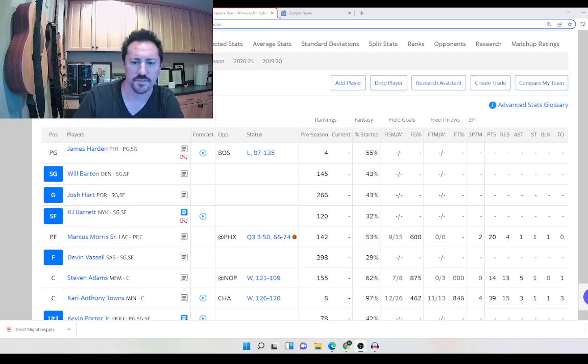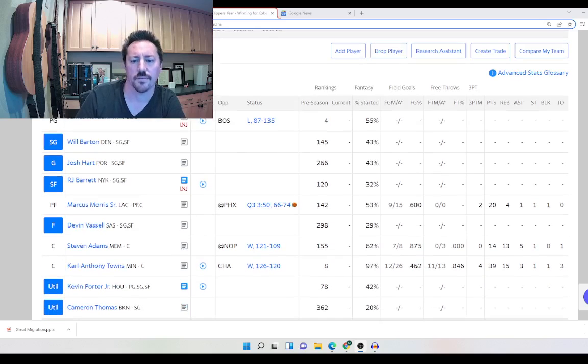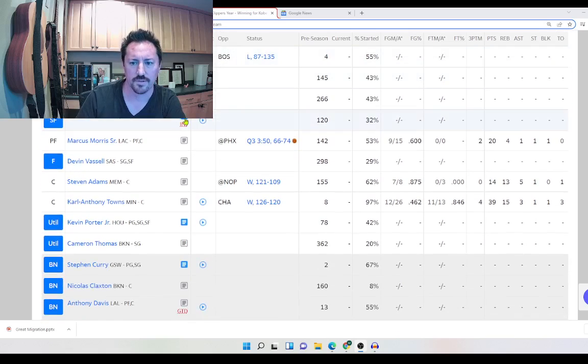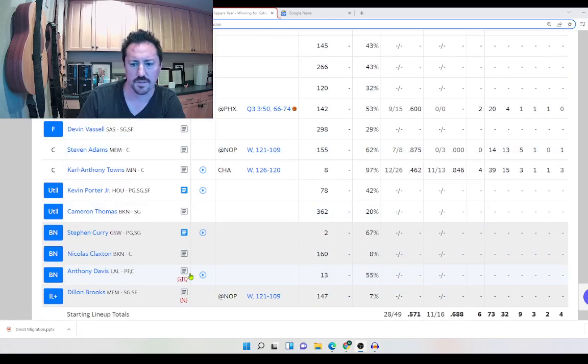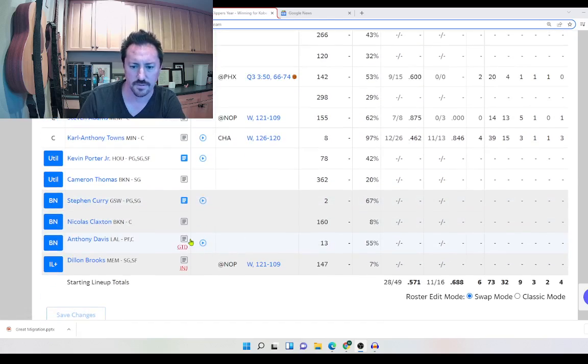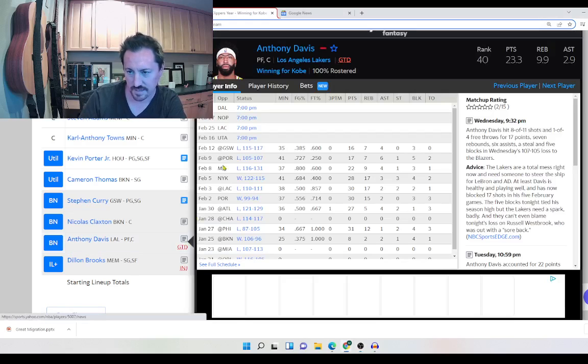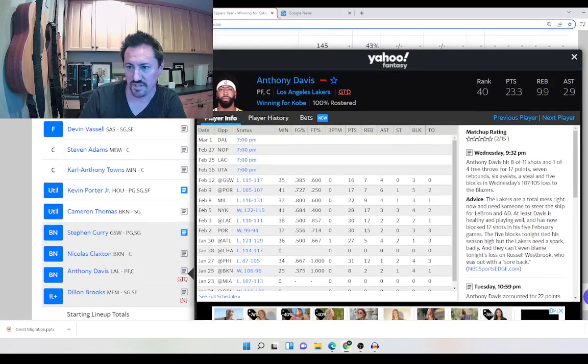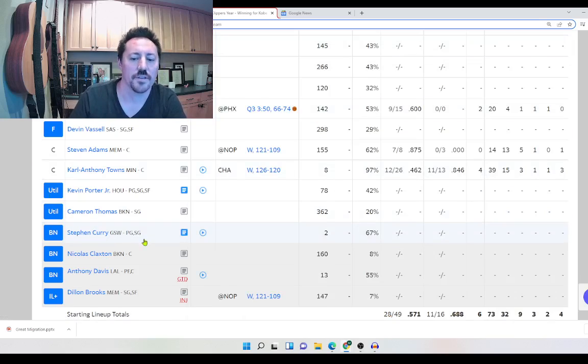So, you need to maybe check the settings of your league. But if you look at my team here, I've got 1, 2, 3 guys with the injured tag, and then Anthony Davis, who always has the game time decision tag. Someone called him GTD, Game Time Davis. I thought that was pretty funny. But he usually plays when he's game time, just for some reason they always mark him that.